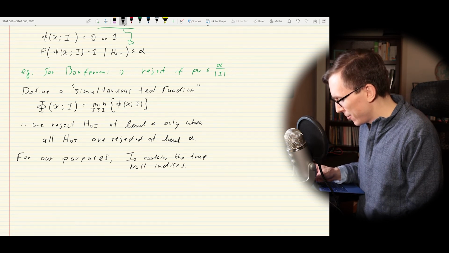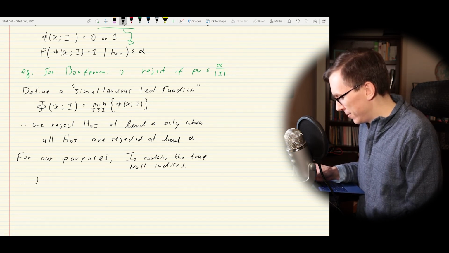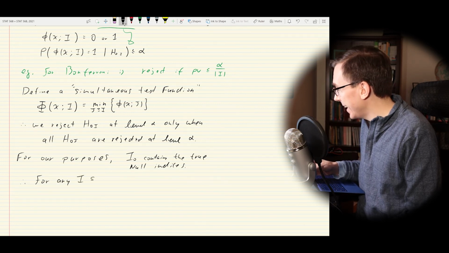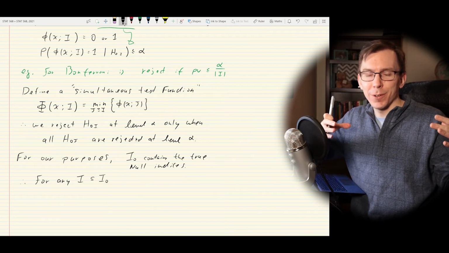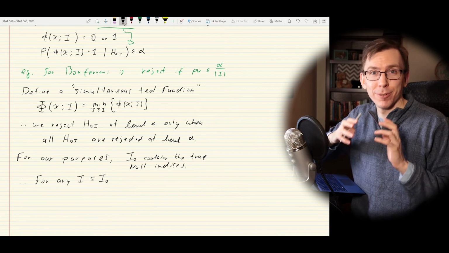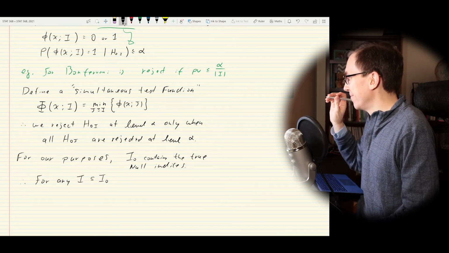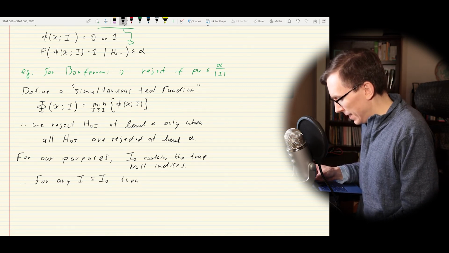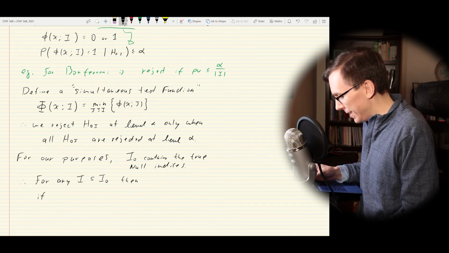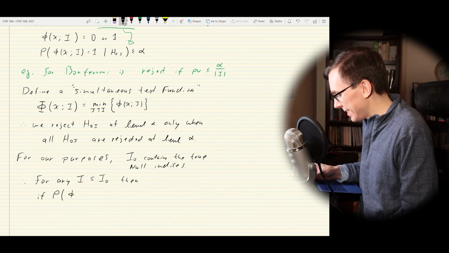So therefore, for any I that is contained in I naught, which means that now I, no subscript, is going to contain only true null hypotheses, then if the probability of little phi I naught,